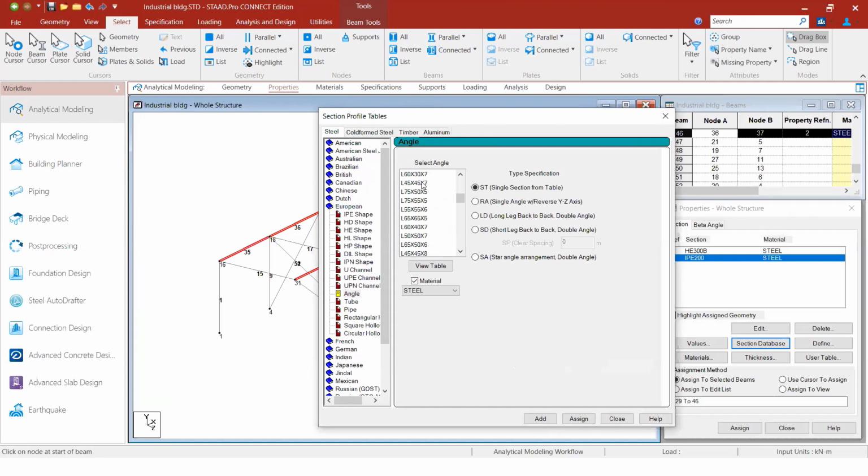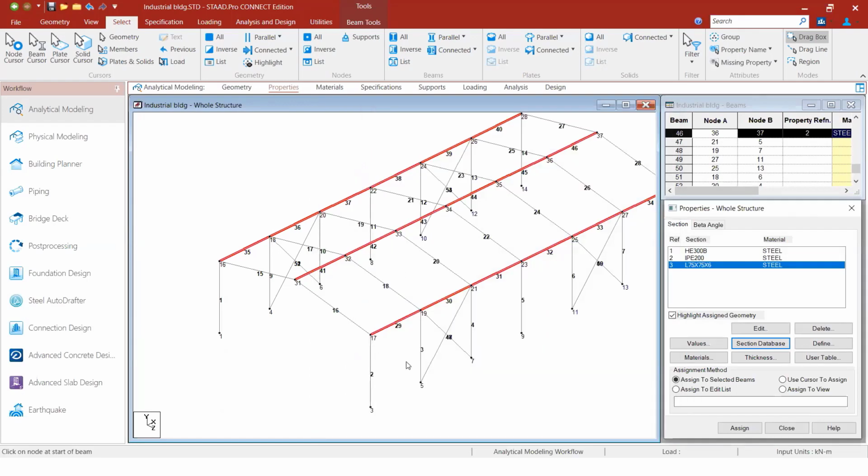Normally for this angle we go with the maximum availability in the market. So I've just added it, and I'm going to assign it for the bracings.